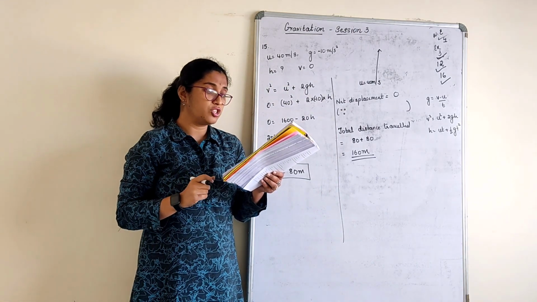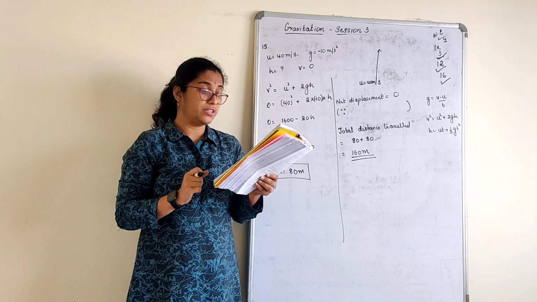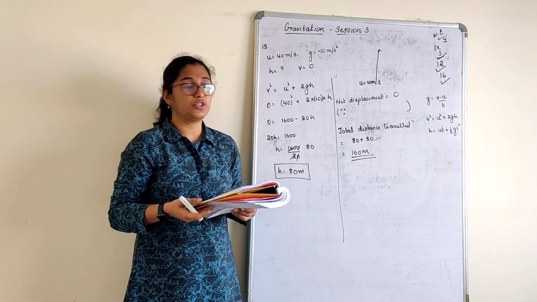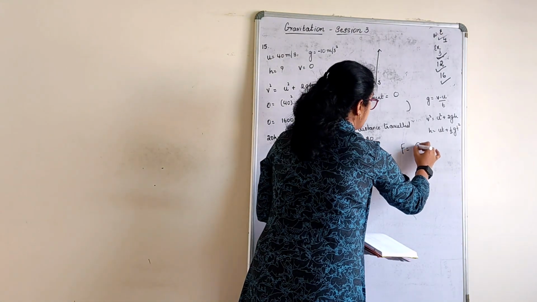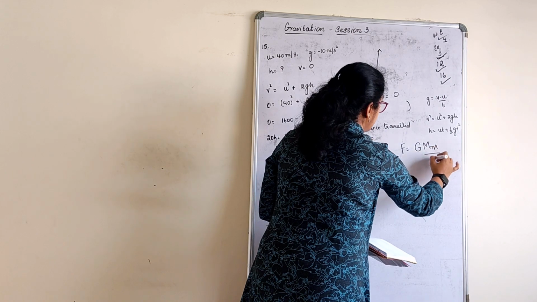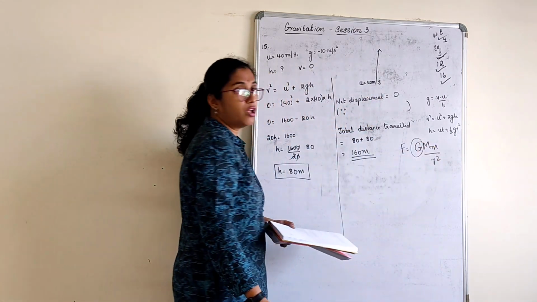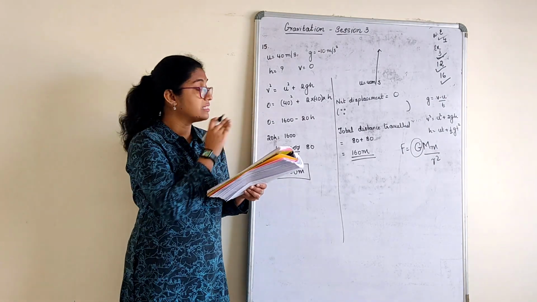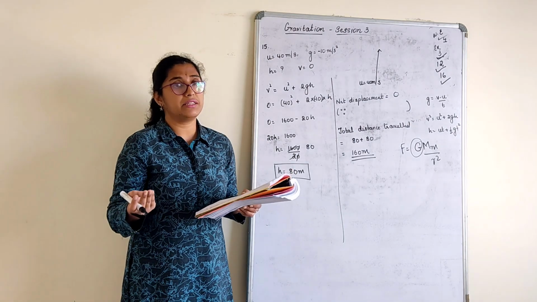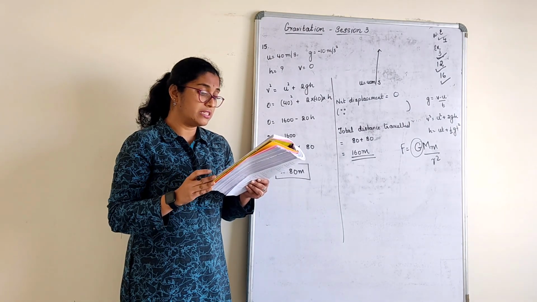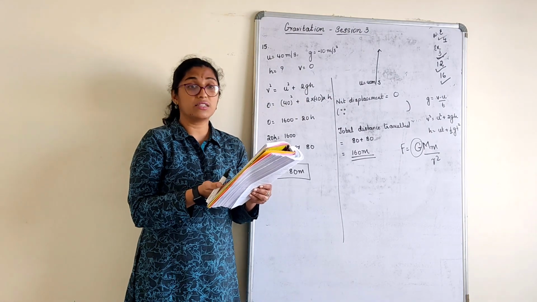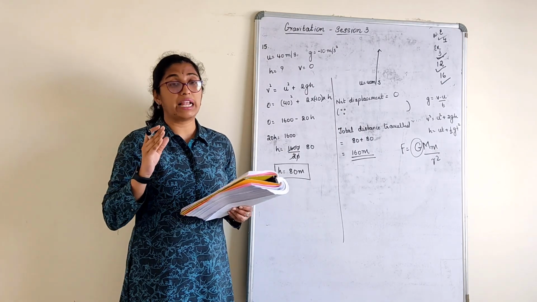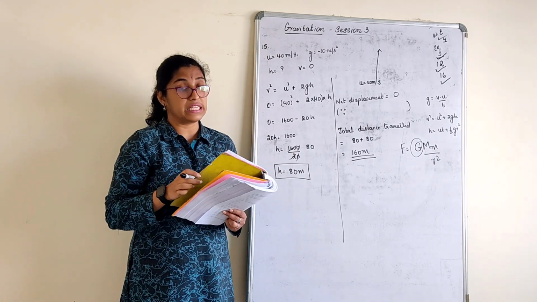Calculate the force of gravitation between the earth and sun, given that mass of the earth is given, sun is given, and distance between them is given. Which formula we have to use? F is equal to G M m upon r square, where G value you already know, 6.7 into 10 raised to minus 11. Mass of the earth and mass of the sun is given. Consider any one as capital M and small m. Distance between them is given as 1.5. Need not convert also. Distance between them is already given in terms of meter. So your thing is to only substitute, do the calculation. I've told you how to make the calculation very simple.